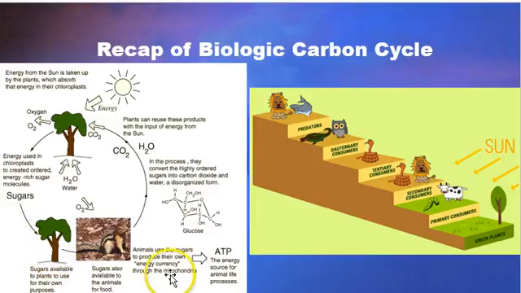And here's where your food chain comes in, because then those sugars and also the energy would travel up that food chain, again losing a lot of it as you go, but still keeping some. A lot of that carbon dioxide, as we talked about in class, is being lost by breathing it back out into the atmosphere. And you go right up the trophic levels, and then eventually at every single step here, that CO2 is going back to the atmosphere through breathing out, and it gets back to the plants all over again.